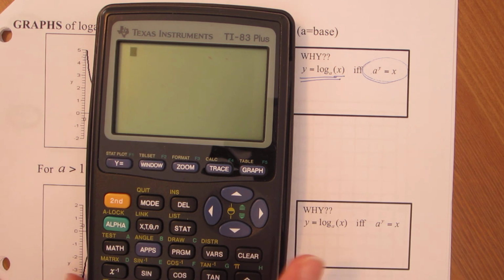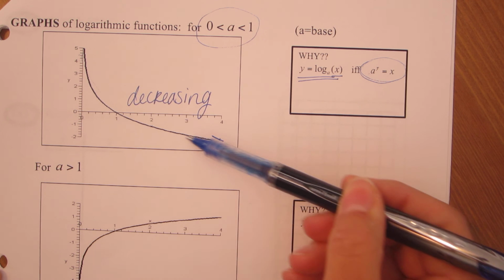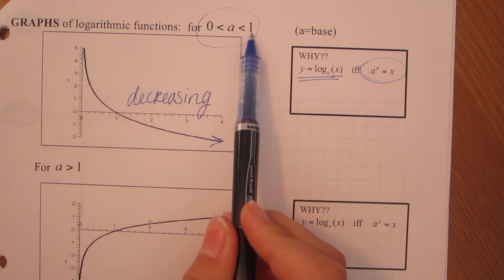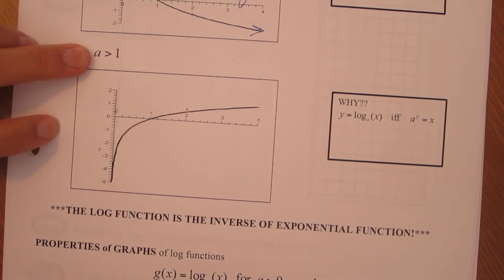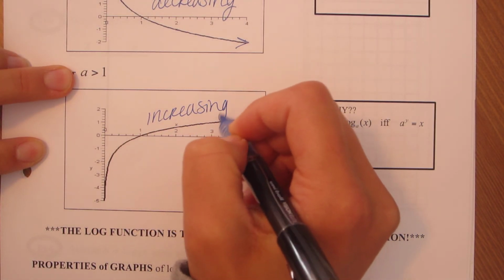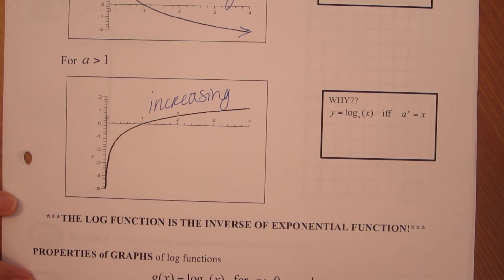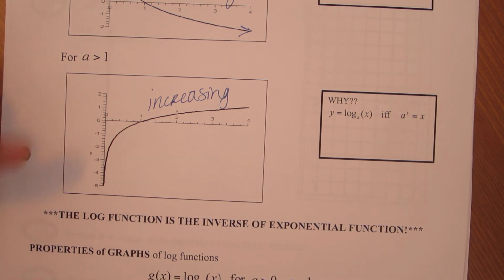So as you multiply a number between 0 and 1 by itself over and over and over, that number is going to get smaller and smaller progressively. That's why if your base of the log is between 0 and 1, you will have a decreasing function. If the base of your log is bigger than 1, naturally it's going to be increasing, because what that's saying is I have a number bigger than 1 and I'm multiplying it by itself over and over and over. Naturally that's going to get bigger and bigger. So that's why you have an increasing graph when you have a base of a log that is bigger than 1. So here are some attributes